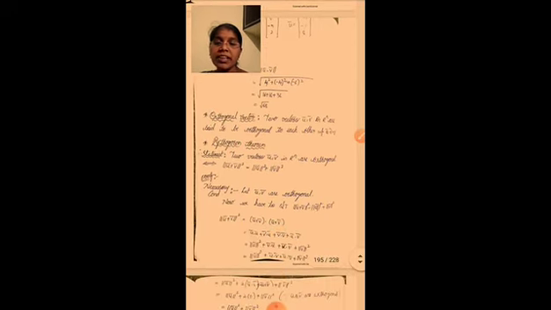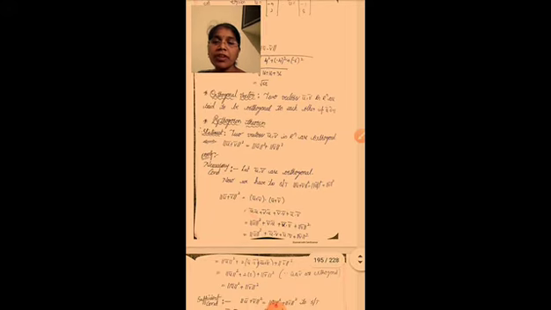Now the Pythagorean theorem statement. See here, this is very important. Two vectors u bar comma v bar in R to the power of n are orthogonal if and only if norm u bar plus v bar whole square is equal to norm u bar square plus norm v bar square. This is the Pythagorean theorem statement. So for orthogonal vectors, the condition is norm u bar plus v bar whole square is equal to norm u bar square plus norm v bar square.